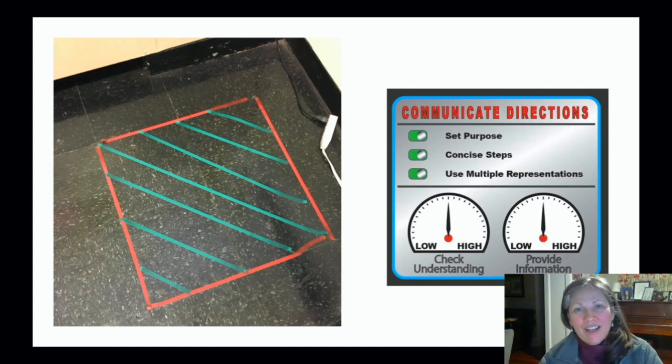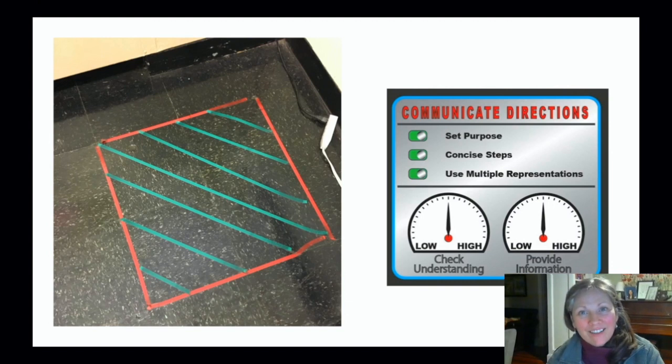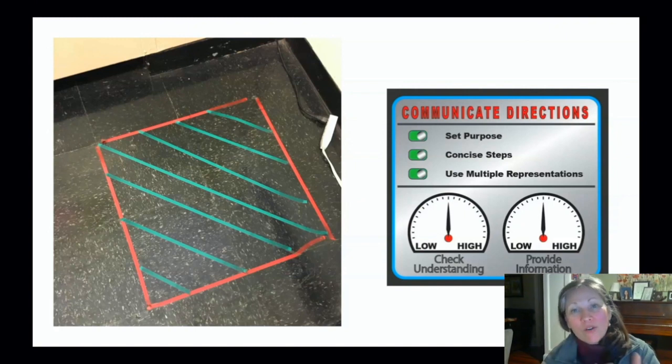Let's think about that in-person classroom, and the teacher stands there and adjusts the directions until all students have begun the task independently. Students will begin when tasks are clear, accessible, relevant, and rigorous, or there's some stretch or a reason to reach to get that task done. So let's think about the ways that we communicate: setting the purpose, using concise steps, and using multiple representations to make sure students understand the language and our directions, and the extent to which we're providing information or checking for understanding while we're giving directions.